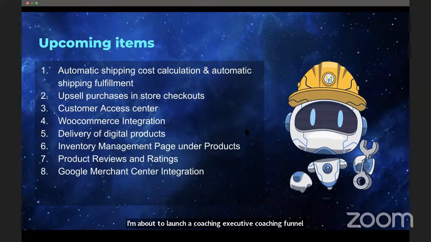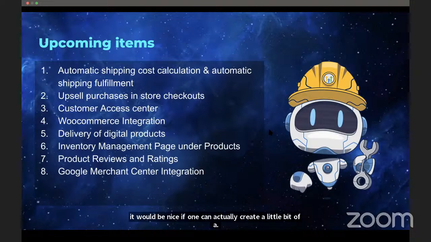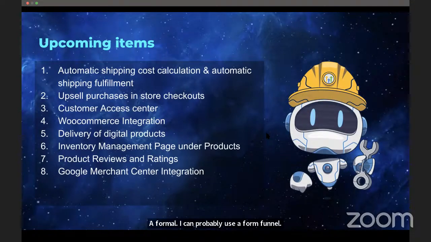which is a high ticket price item. So effectively, what I will be doing is, from my banking app, for example, or possibly from Stripe, and it would be nice if one can actually create a little bit of a form funnel. I can probably use a form funnel or a product form to create something along those lines. But